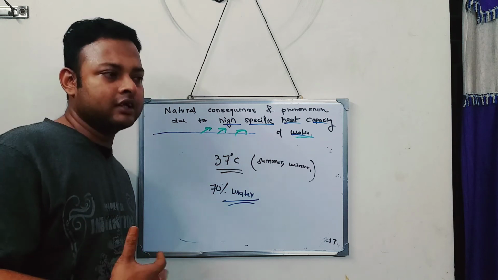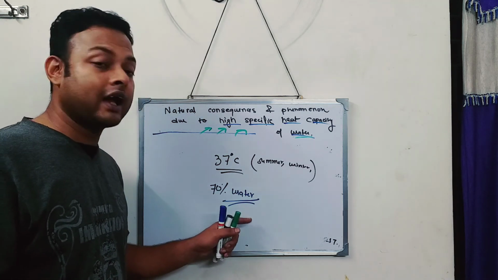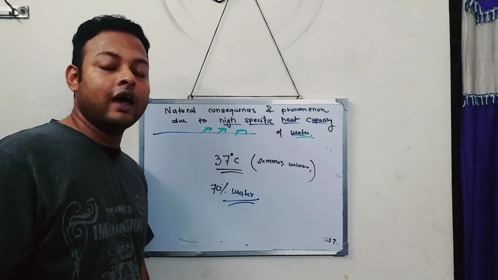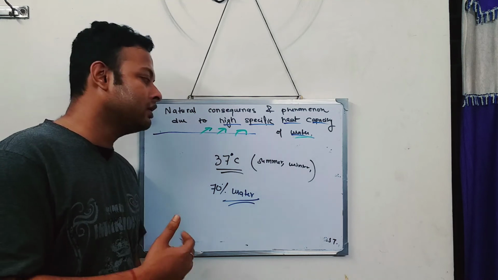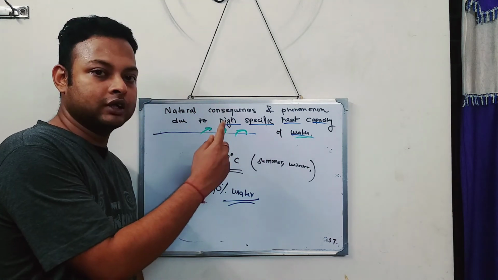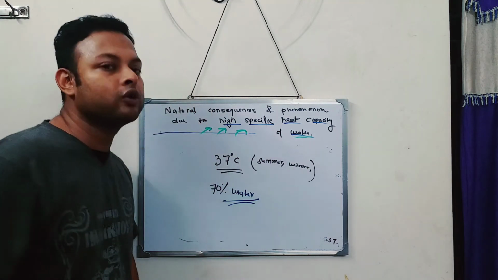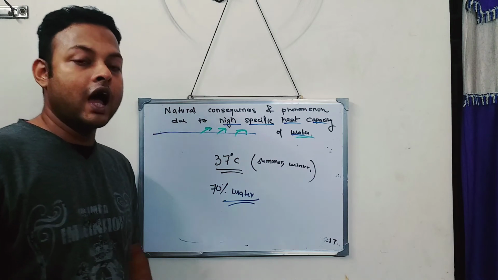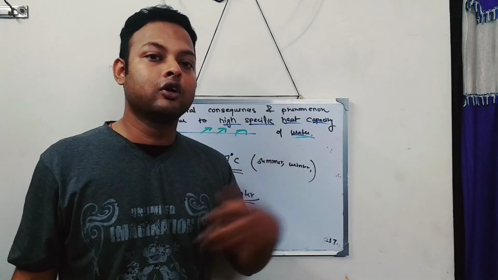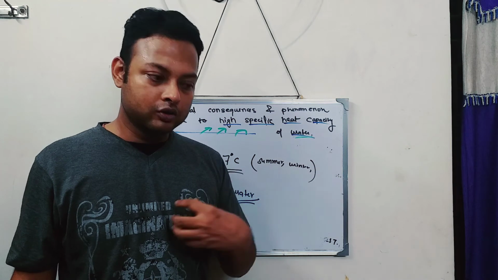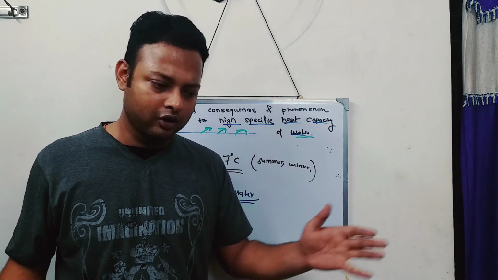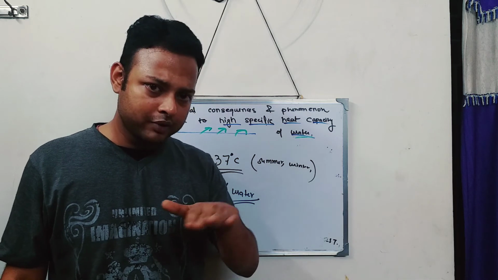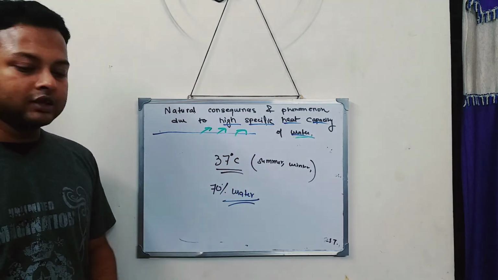So this is the reason that since water can absorb a large amount of heat, and this large amount of heat will take a lot of time, our body doesn't go to a higher temperature in the summers, neither does it go to a lower temperature in the winter, because our body water can give a lot of heat to the surroundings. As it is giving a lot of heat, it takes a lot of time. So for that lot of time, our body temperature remains constant. So this is the reason.